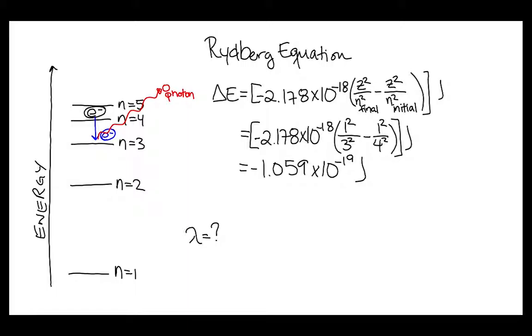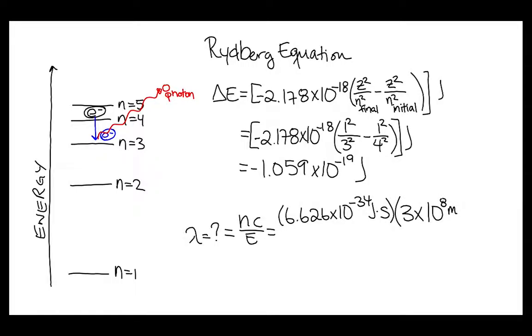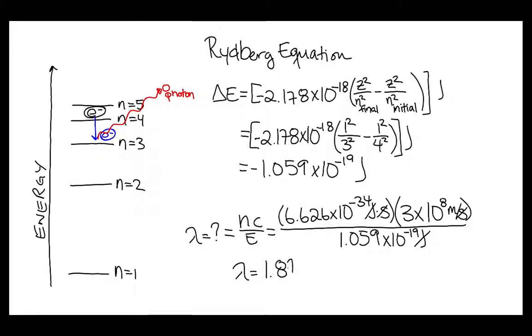Now, to calculate what that wavelength of that light is going to be, we'll use the equation that we have previously used, where lambda is equal to hc over E. And so if we plug in our values for h, which is Planck's constant, which is 6.626 times 10 to the negative 34 joules seconds, times the speed of light, which is 3 times 10 to the 8th meters per second, over the energy that we previously calculated, which is 1.059 times 10 to the negative 19 joules, we can see that the joules cancel out and the seconds cancel out, and the wavelength of the necessary light is 1.877 times 10 to the negative 6 meters,